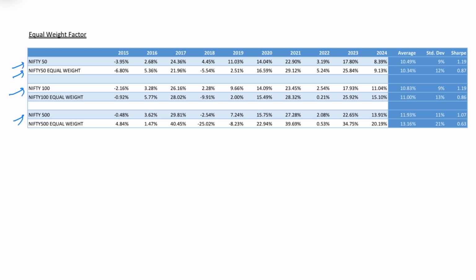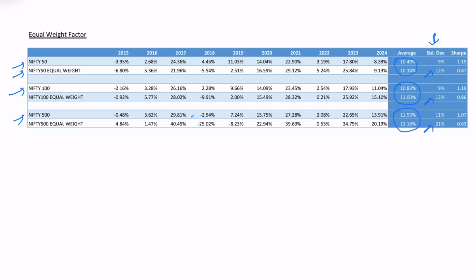So we can see that on average the returns for all three are nearly the same as the index. So it means whether we have equal weight or different weight based on whatever formula we want to use, the returns are nearly the same in the longer term. But the problem is it will increase the standard deviation. In terms of Nifty 50, the standard deviation earlier was 9%, but after equal weight it is 12%. For Nifty 100 it was 9%, and then equal weight has 13%, and then Nifty 500 has 11%,